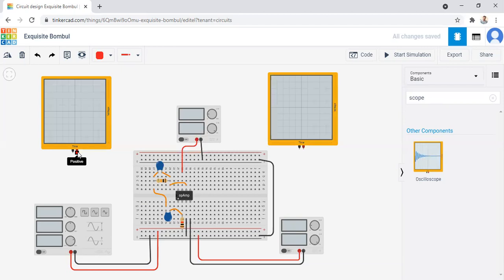So in order to observe the input, now we connect the positive terminal to the positive layer of horizontally shorted slots and negative terminal to the negative layer of horizontally shorted slots and giving the color to the wire black. Okay, and after that, this is used for output.